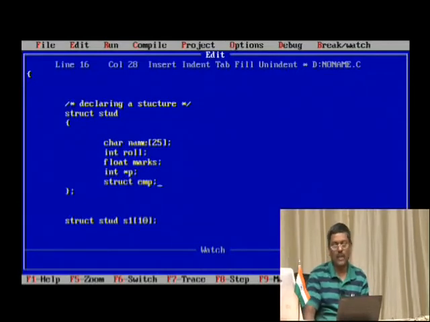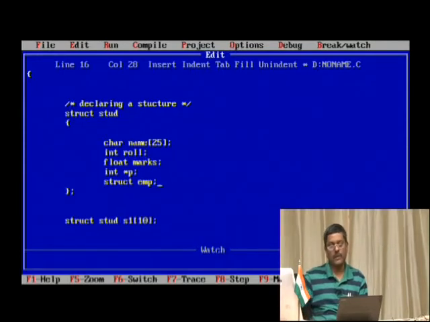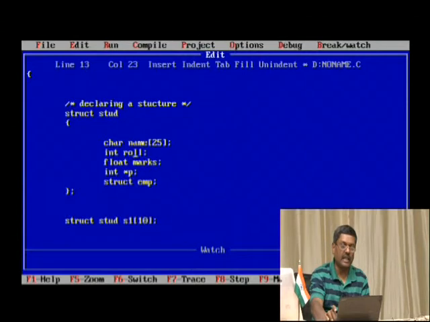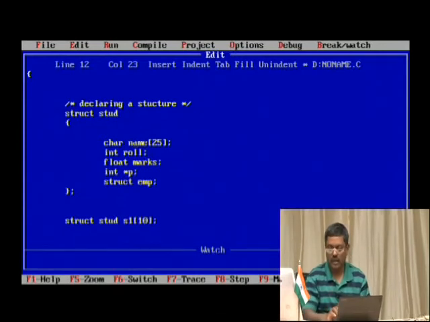And one thing, all names must be unique. For example, I cannot repeat name anywhere, or marks anywhere. That means every variable name that I declare should be unique in nature. That means it should not match. This is the normal thing when we take care of these kinds of rules when we declare a variable. The same rule applies here.